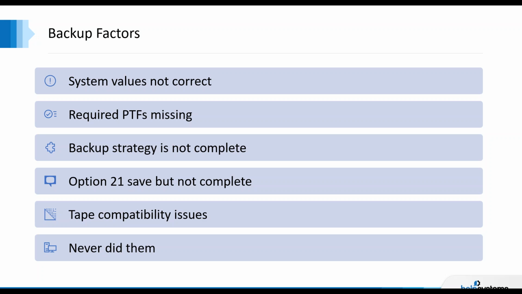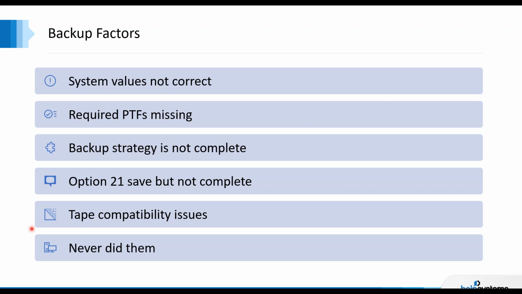If you are doing option 21, I have seen problems where option 21 wasn't what people thought, or people aren't actually executing it to its completion. We have a great blog on our website that talks about how you can audit your backups even without running a backup. I could go on any of your systems, and in 5 minutes I could tell whether or not you have a fairly good backed up system. Do you have the tapes? I don't know. Where are the tapes? I don't know about that, but I'll at least know that you're executing the commands successfully.